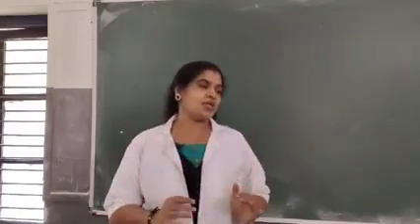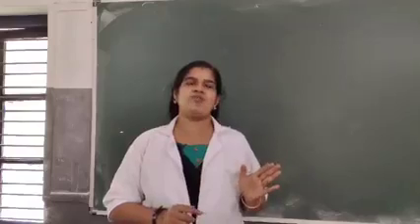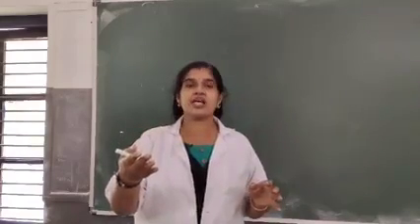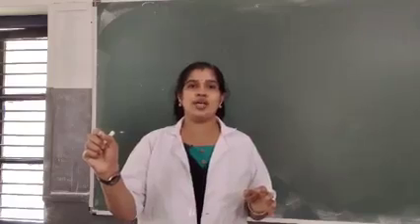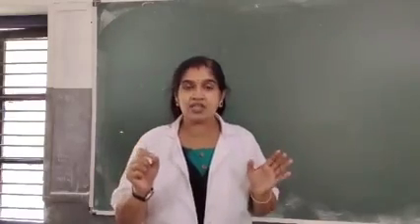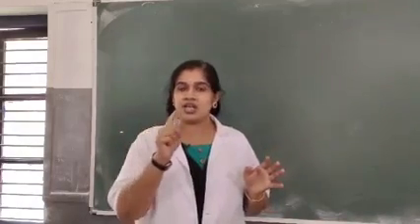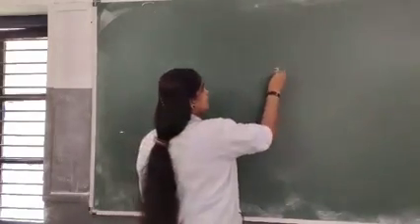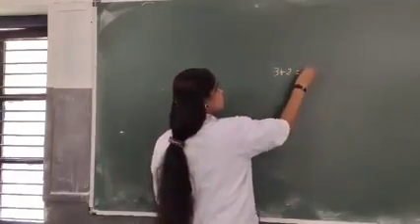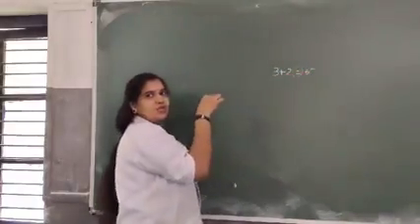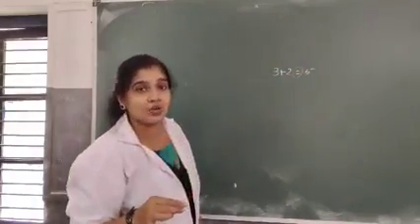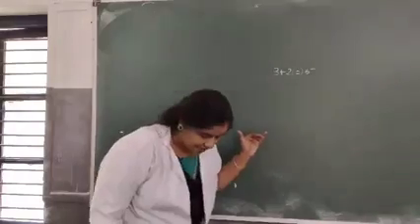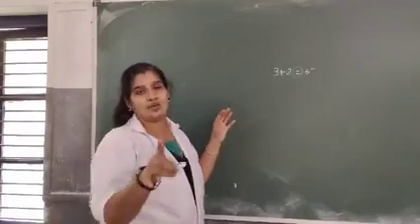Then what do you mean by equation? An expression involving the sign equal to is called an equation. It is very familiar. See, 3 plus 2 equal to 5. This symbol equal to is there, so we can call it an equation. And this equation contains only numbers, so we can say that it is a numerical equation.